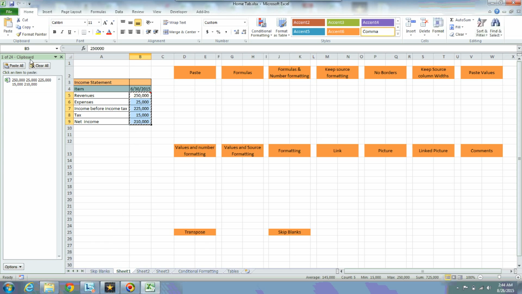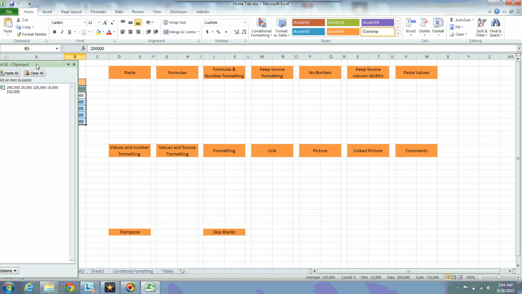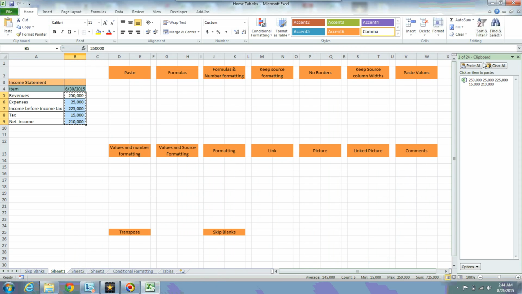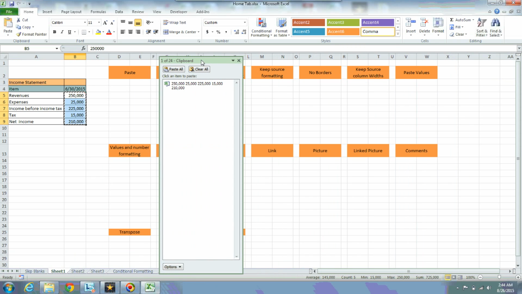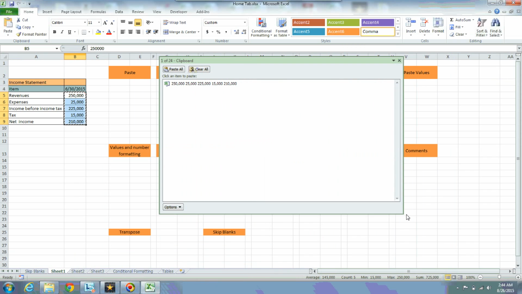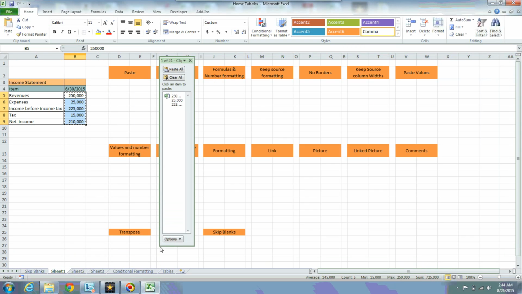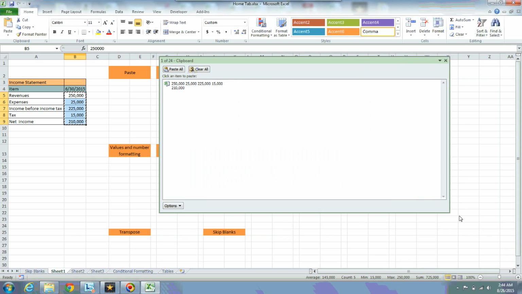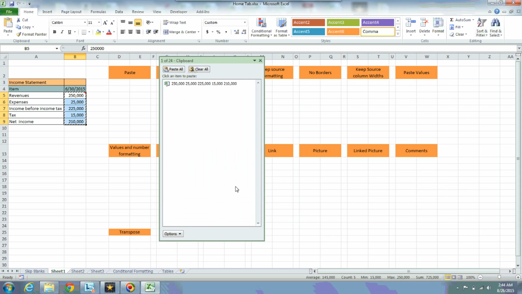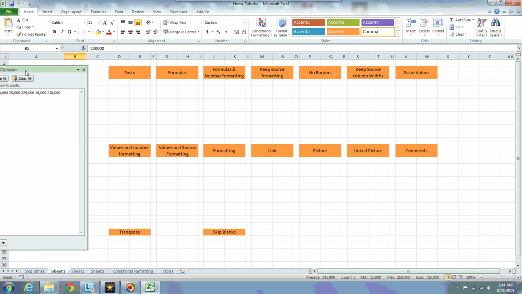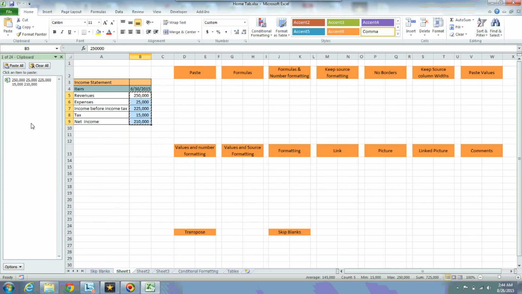Now you can also drag and drop or move the clipboard from here to anywhere. There is an option called move. If you click that one, you can move it from left side to right side. You can also move it from right side to center. You can do like this. You can also change the size. It means you can drag the size of the clipboard like this. You can minimize, maximize like this. Now what I'm going to do is keep my clipboard like earlier.